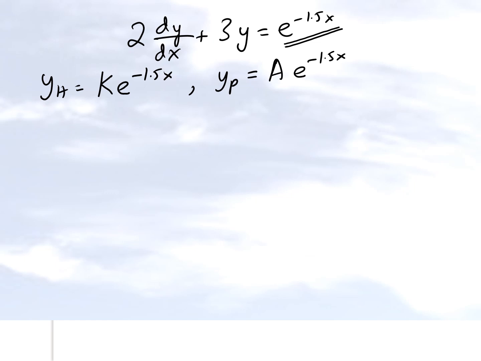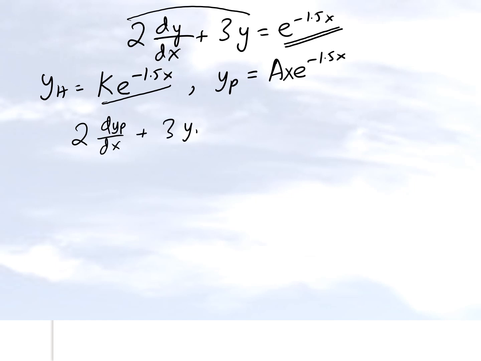But there's an issue here, because the particular part of the solution is the same as the homogeneous part of the solution, or it's part of the homogeneous part of the solution. We cannot accept this as the particular part of the solution, because if we substitute this into our differential equation right here on the left side, we will get 0, and that won't allow us to find the value of a. So we have to look for the next independent solution. So we've got to look at ax e to the power minus 1.5x as the particular part of the solution. So let's go ahead and see if we put that